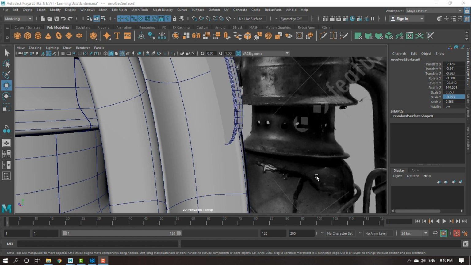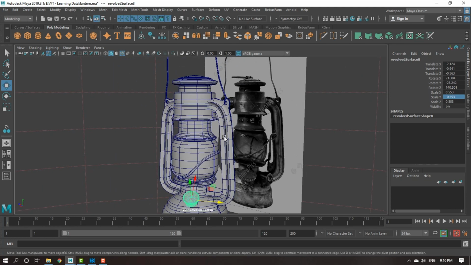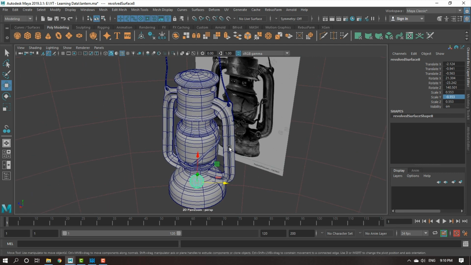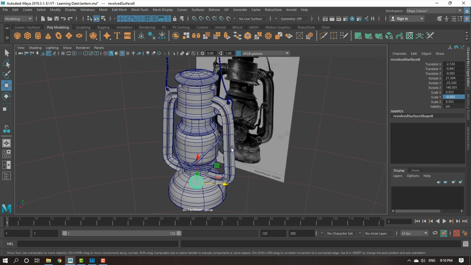So now the main goal of this tutorial is to make you aware why we need to convert this thing into polygon. See, the very first important thing which we need to understand is there are no UVs on a NURBS object. I have many students who ask me, sir, why we cannot use directly the NURBS object. See, the logic is simple. If you want to apply a single color onto an object, you can go for NURBS, not an issue. But if you want to do a texture, if you want to do a painting, if you want to export it to ZBrush or any other software, you need to lay out the UVs of that particular object.